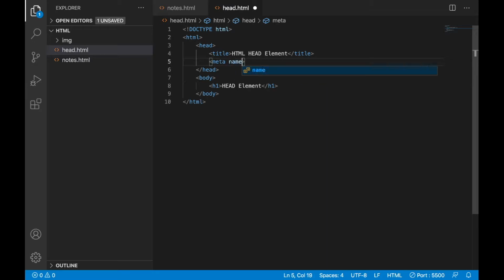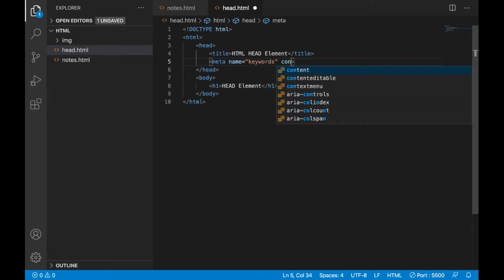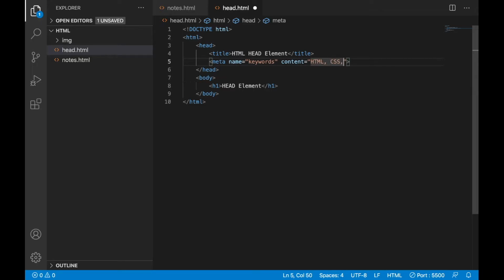One is name, where you can write keywords. And the other is content. The content attribute will explain what keywords are there in our web page. Let's say HTML, some CSS, some JavaScript, and some more, whatever keywords our web page contains.